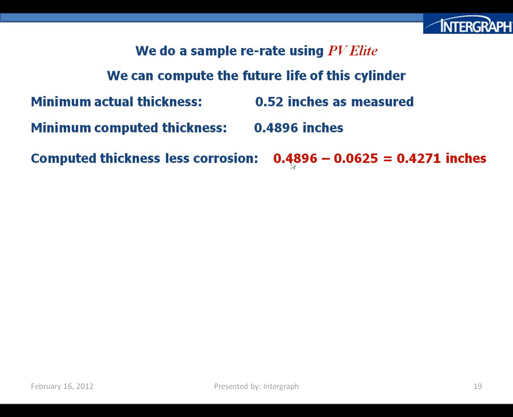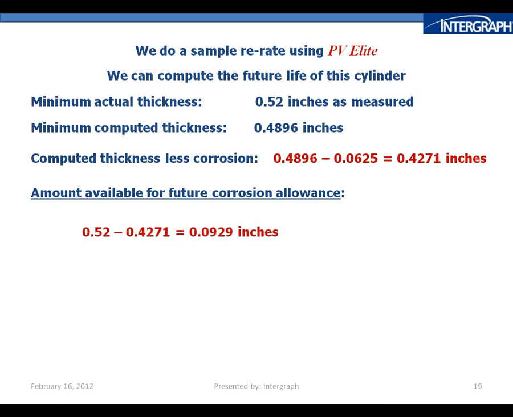So we can compute the corrosion allowance. So there is the actual thickness, and then don't forget this thickness includes the corrosion allowance in PV Elite. So we deduct the corrosion allowance to get the minimum required thickness of the metal without the corrosion allowance. So there it is. Now we can calculate the amount of metal available for future corrosion allowance. Here it is. Take 0.52 of an inch, the actual average thickness. Okay, we deduct the required thickness according to PV Elite here, and we see that we have 0.0929 inches for